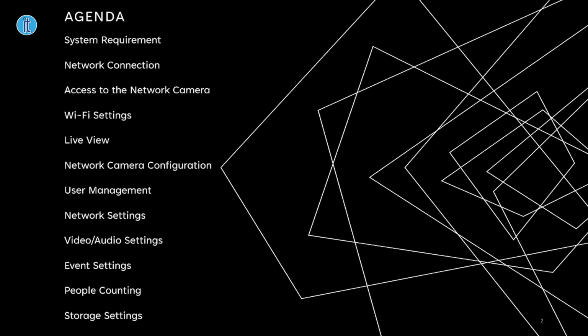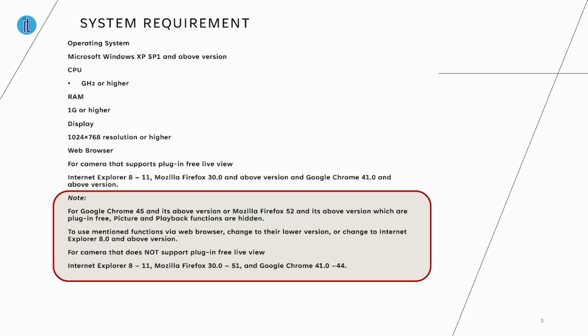How do you set up your network camera configuration? Now, first on our list, we have the system requirements. What are the system requirements you need to start your Hikvision network camera configuration? First, your operating system must be Microsoft Windows SP1 and above. That is to say, you can use Microsoft Windows 11, Microsoft Windows 10, Microsoft Windows 8, Microsoft Windows 8.1, and again the CPU you are going to use should be